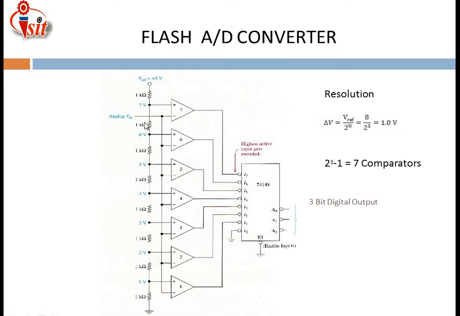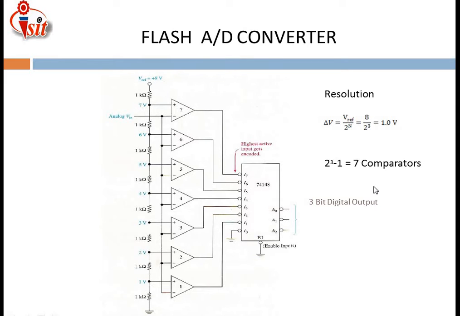These are the reference voltages, and the analog input voltage is applied to the negative terminal of the op-amp. The outputs generated by the comparators are directly connected to the octal input, that is the 0 to 7 terminals shown here. And that gives a 3-bit digital output, because here we are applying an 8-bit input to the encoder and getting a 3-bit output, denoted by the letters A0, A1 and A2. By using these three terminals, we are getting the digital output.